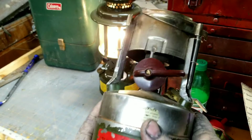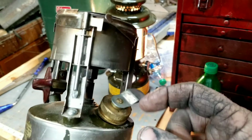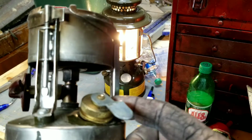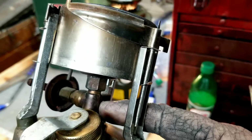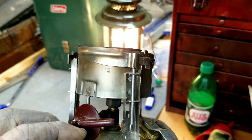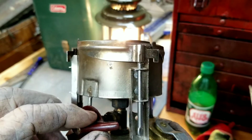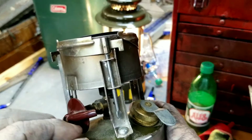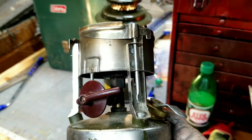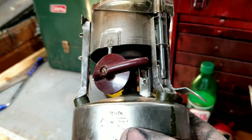Most common thing I've seen go wrong with these lanterns is the pip inside of here will get hard and the fuel will push back up through the pump, and that's the most common. They say that there is an O-ring or some kind of a seal in that valve that if it goes bad, it won't shut off. Personally, I haven't had that. I've gone through 3 or 4 of these, replaced the pips and springs in these and made them work again, but I've never had to tear one completely down to get into that seal, and I don't have that seal, I don't think. It's possible I do, but